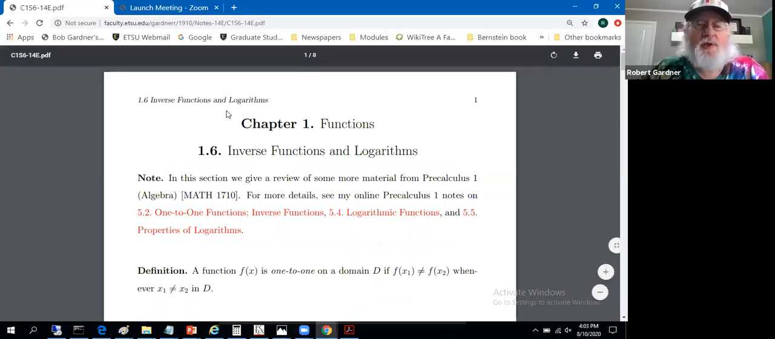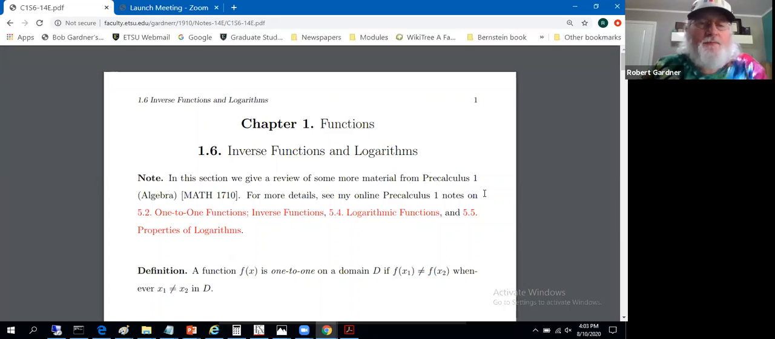Let's do section 1.6, inverse functions and logarithms, and let's wrap up chapter 1, this preliminary stuff. So we're reviewing more material from Pre-Calculus 1,